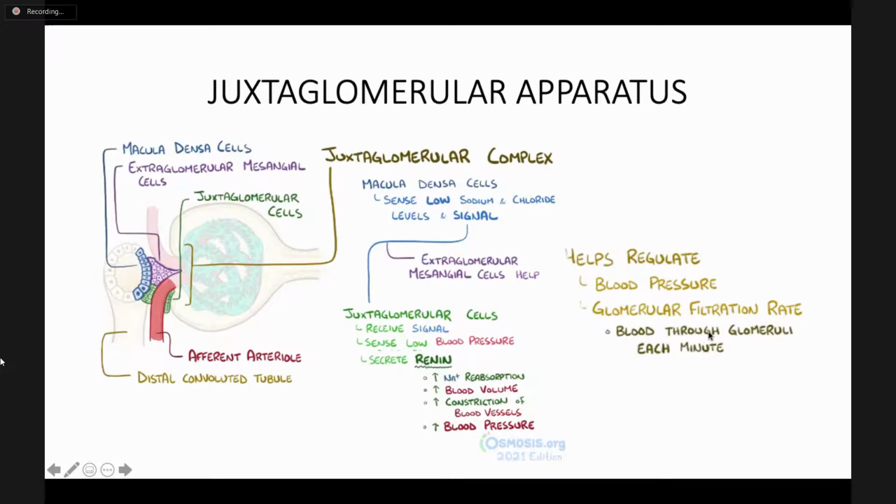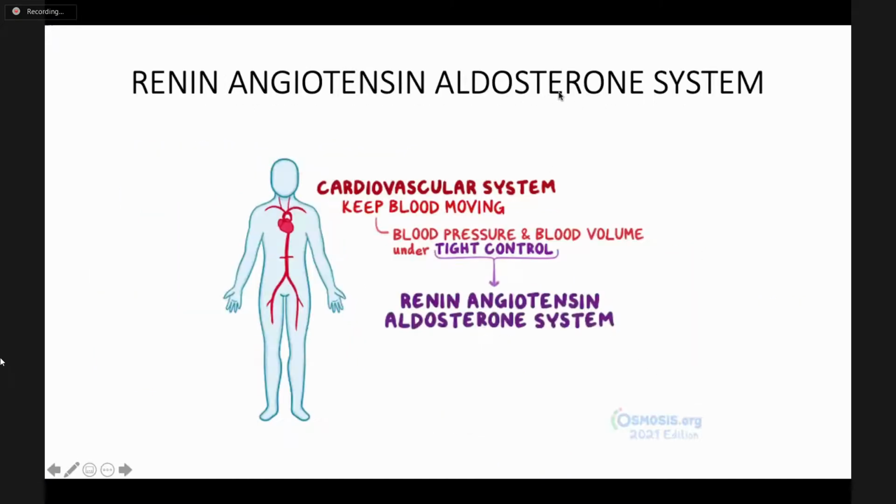Okay, now towards the end of my lecture, the renin-angiotensin-aldosterone system. As you all know, the cardiovascular system is actually just a pump, the heart is a pump, so it keeps on pumping the blood. But who maintains the amount of water, red blood cells, and electrolytes is not the heart, it's the kidney. The kidney is the organ that will perform the action whereby if you need it,